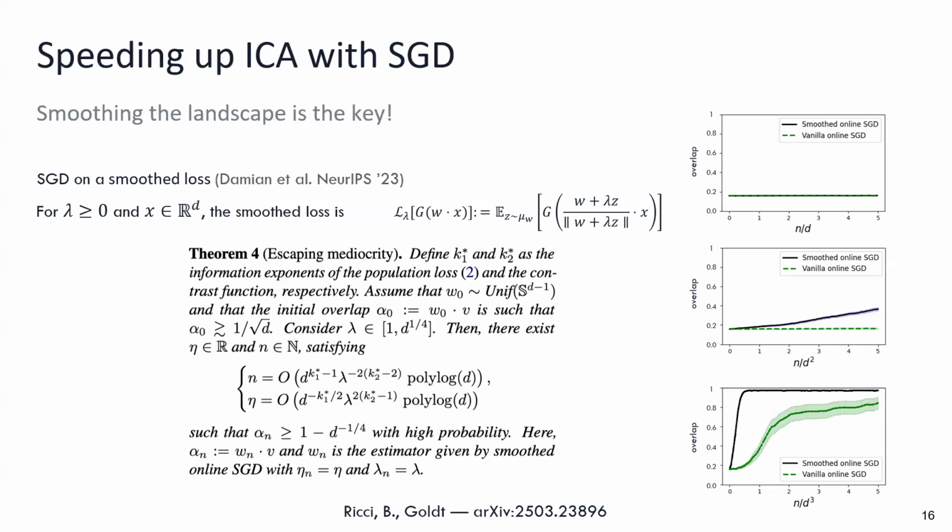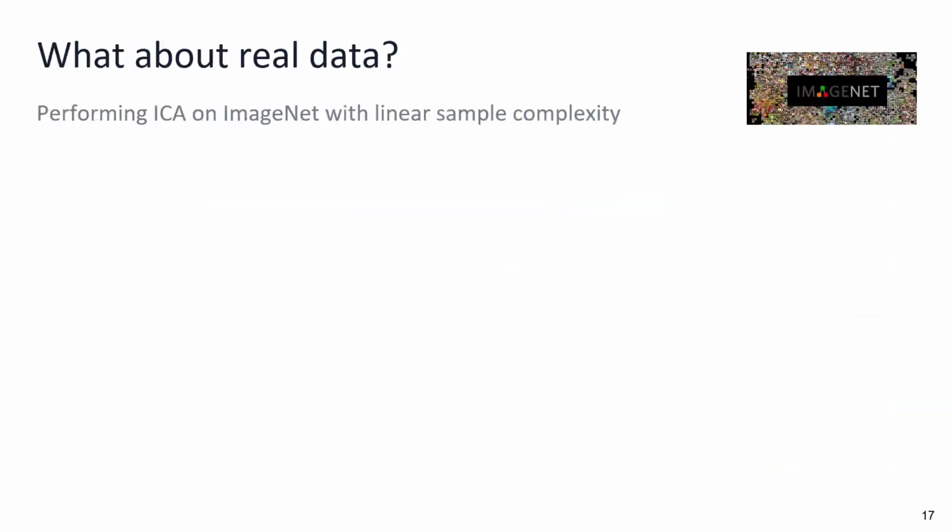So if you have more samples, of course, usually you learn more, you learn faster. And reaching quadratic means that you reach the optimum, because before we showed that you cannot do better than quadratic with a polynomial time algorithm. Okay, so this is done, but as you were mentioning, there is no neural network here. We were at just one neuron. We were doing a toy task, and the data was a model that we defined in a simple way, but it's not the real data. So let's go back to real data.